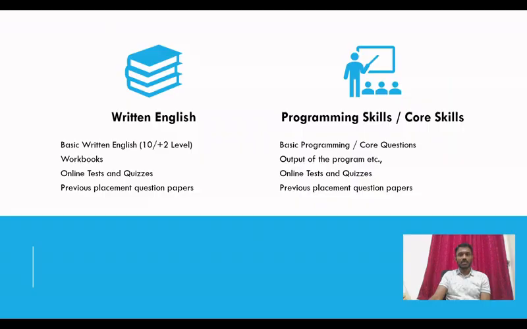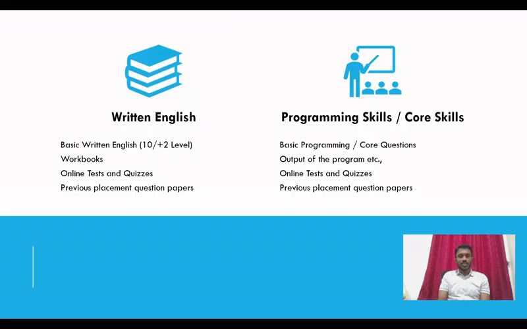by which you can become strong, which is previous placement question papers, right? As I said, there will be a dedicated video on this topic which I will cover in the future, to focus mainly on the previous placement question papers, in which we will cover so many other topics as well. So these are the different ways the students can become strong in programming skills as well as the core skills, right? And another thing that I will suggest, especially for the core skills, is students can try to prepare based